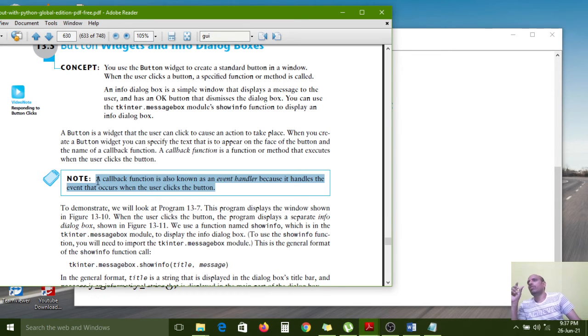For example, if you click the button on the window, immediately the button will call one related function. That function we have to configure internally. When the user clicks the button, the button event will be raised, and that function will be called and executed. That is called a callback function.